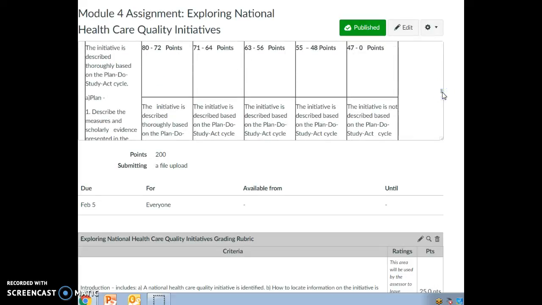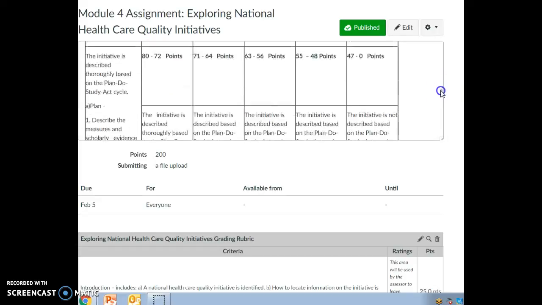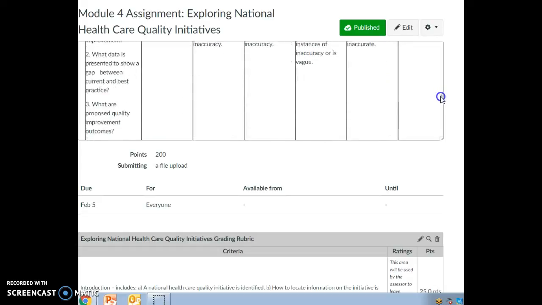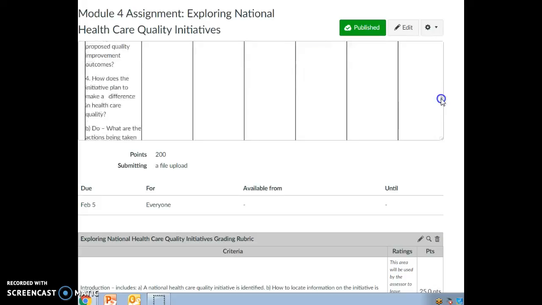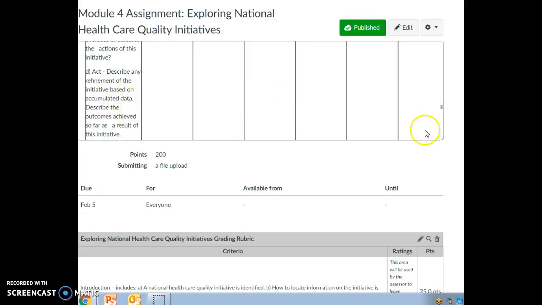And this is the second piece that needs to be described, and you can see there is a lot of points in this area. So please make sure that you cover each one and you go through the plan, what date is being presented, what are proposed, how does it make a difference in the quality of health care, what's being done, who's done so far, the study, how will this be measured, the act, describe any refinement or initiative based, describe the outcomes,